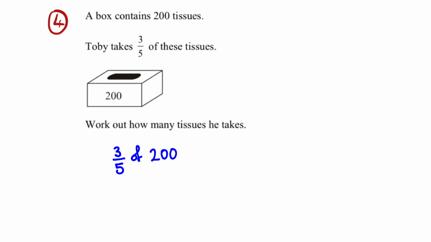So before we work anything out, we should be writing down what it is we're going to work out, because that's part of showing our working, and usually there are marks for getting your working correct, which are very, very important when we're adding up marks at the end of an assessment. So 3/5 of 200. So remember, to find a fraction of an amount, divide by the bottom, multiply by the top. So we're going to do 200 divided by 5, and then when we get our answer, we're going to multiply that by 3. So first of all, actually I'm just going to make that a bit bigger, so I've got more space. So 200